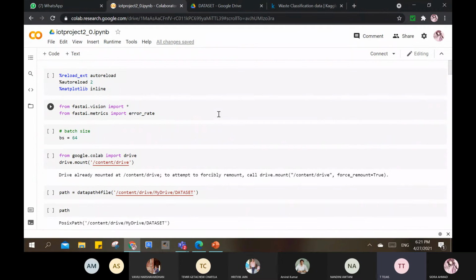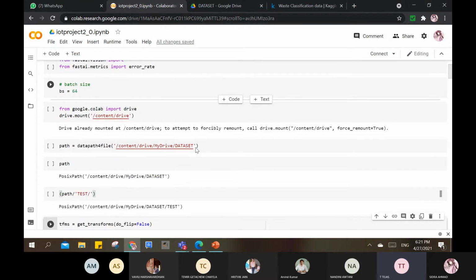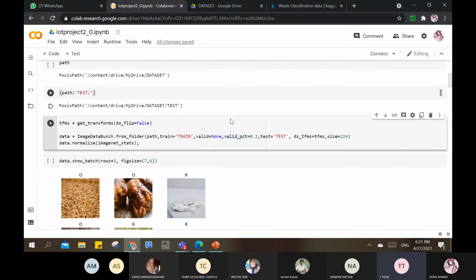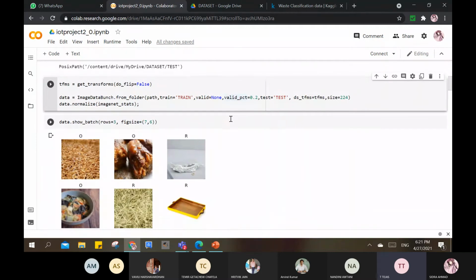So the next is we are just importing the data set from the Google Drive. As you can see, drive.mount. The path is the path to the data set we're setting. It's an environmental variable we're setting. The tfms is basically to get the transforms for the image dataset.